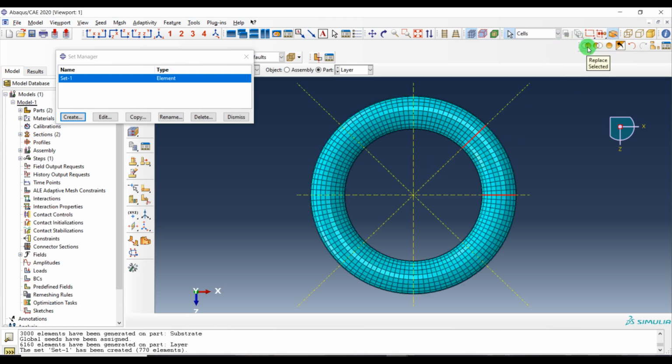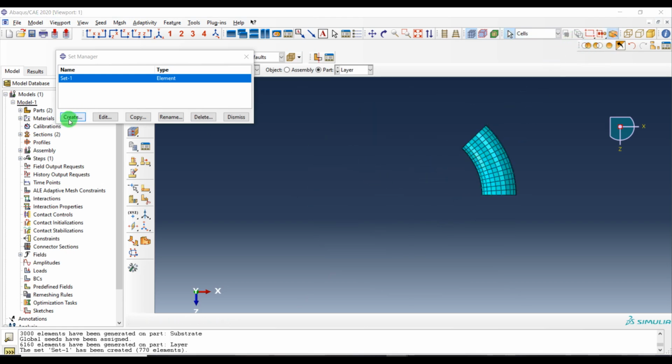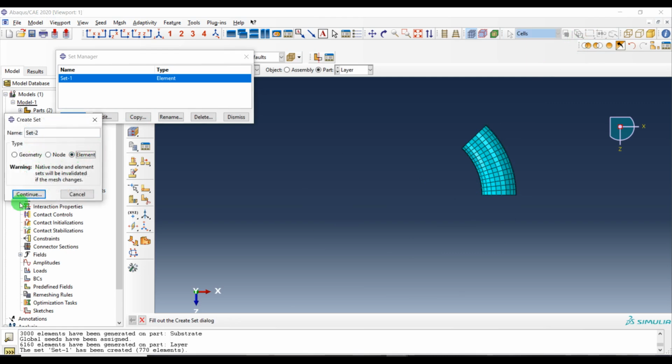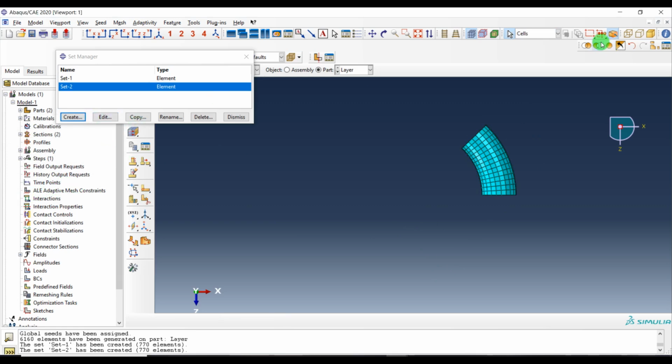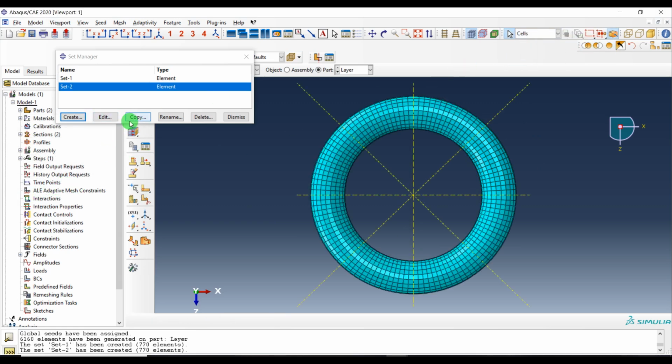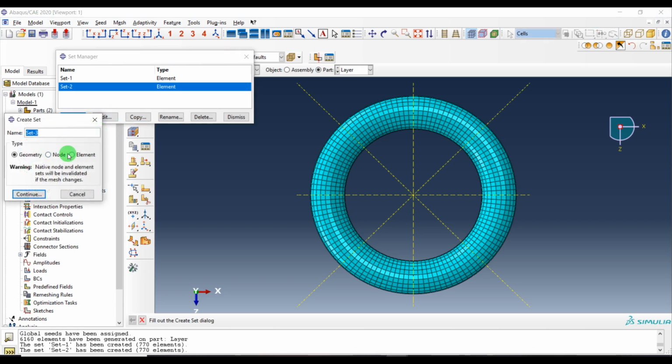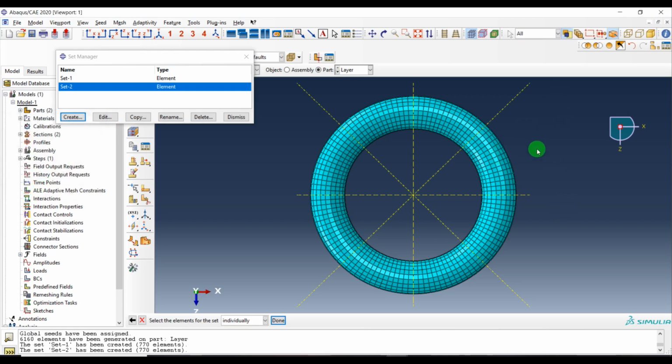Then later we want to use this set for printing our layer. Okay, you should do that for the 8 pieces as we defined